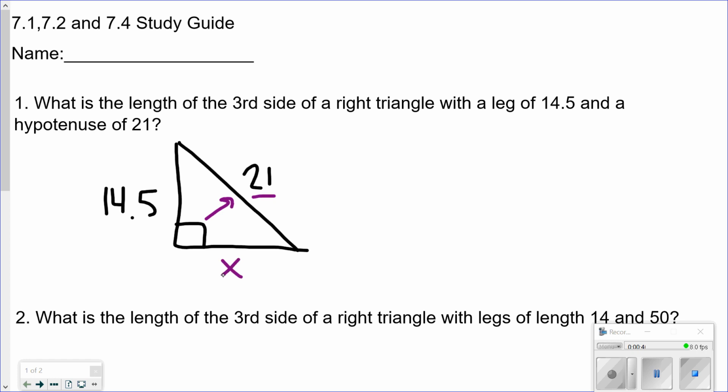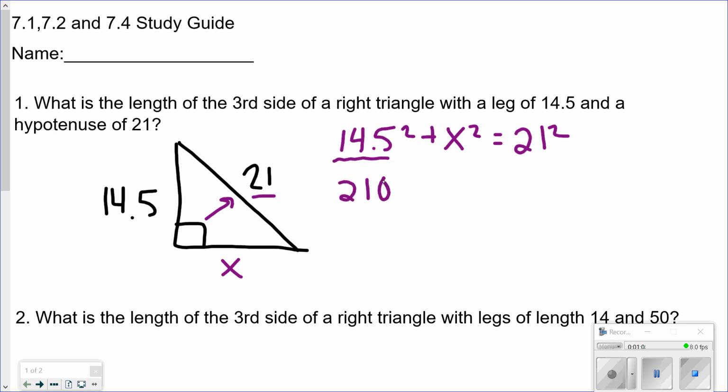All right, so Pythagorean theorem, a squared plus b squared is equal to c squared. So I have 14.5 squared plus x squared is going to equal 21 squared. If I plug this into my calculator, I get 210.25 plus x squared is equal to, and if I put 21 squared in my calculator, I get 441. All right, so I need to subtract 210.25 from each side,